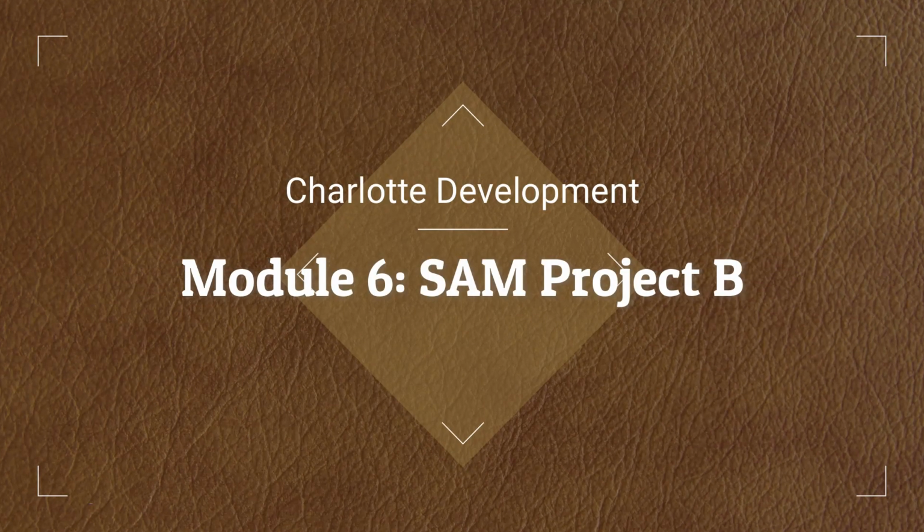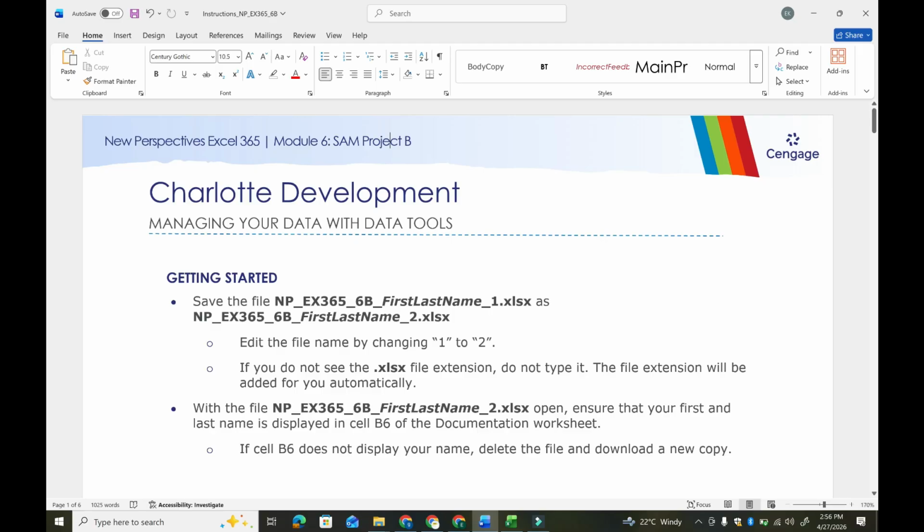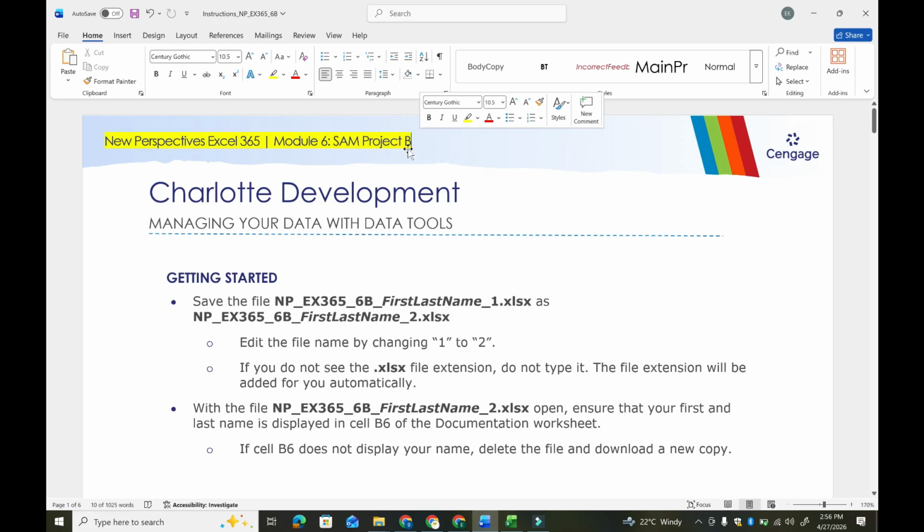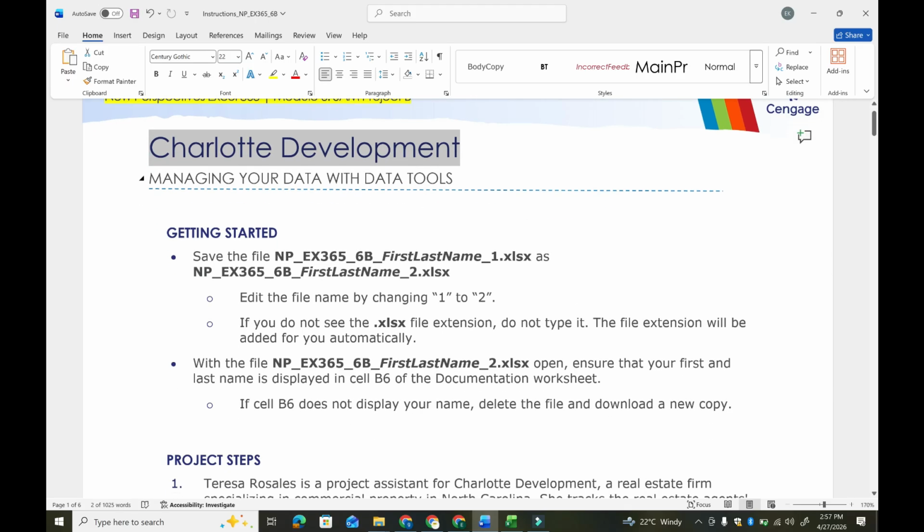In today's tutorial, we're going to work on New Perspectives Excel 365, Module 6, SAM Project B, for Charlotte Development. In this project, we'll be focusing on managing data using Excel's data tools, which are essential for organizing, cleaning, and analyzing large datasets efficiently. I'll guide you step by step so you can follow along easily and complete your assignment